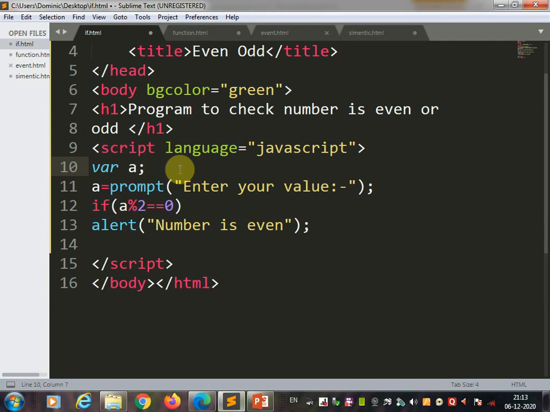And you know the rules for how to find an odd or even number. If the number is divided by 2 and you get the remainder 0, then that number is called an even number, otherwise it is called an odd number. So for the variable a, instead of a you can write number, and then the same variable you can use for